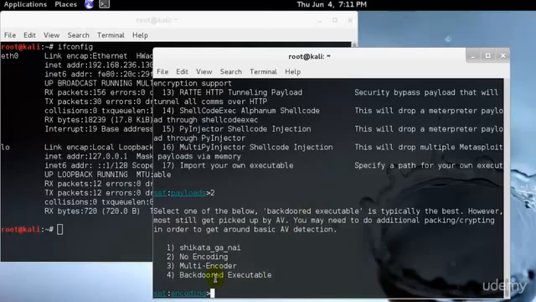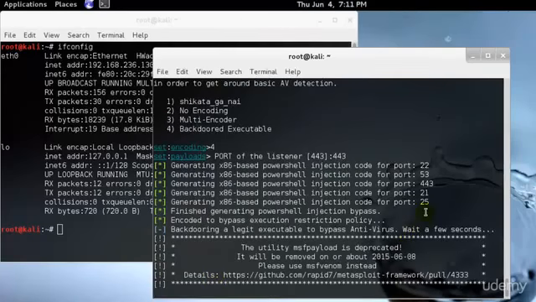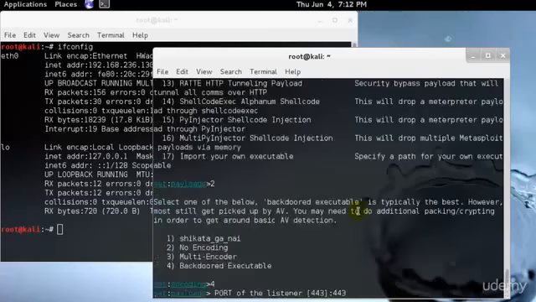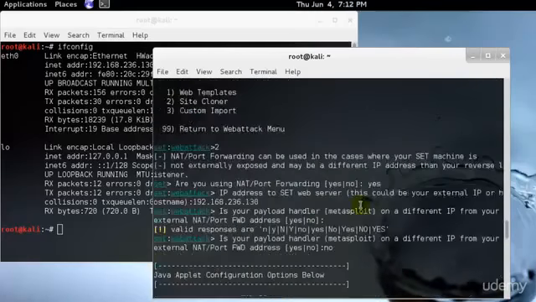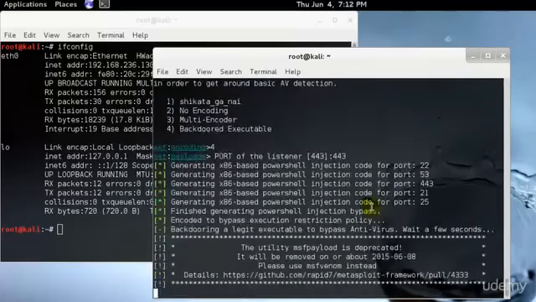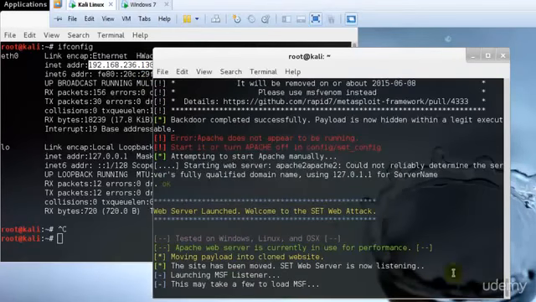And I would be using a backdoor executable, which is quite good enough for me to gain access to the root system. Port would be the same, that's 443. And let the listener start. In the meantime I'll use my IP address. Okay,